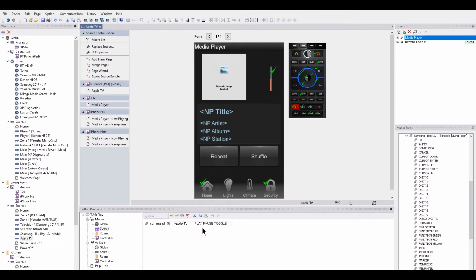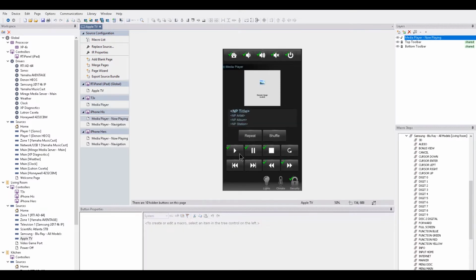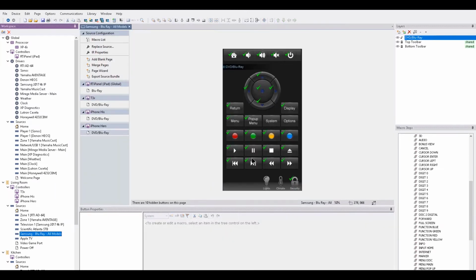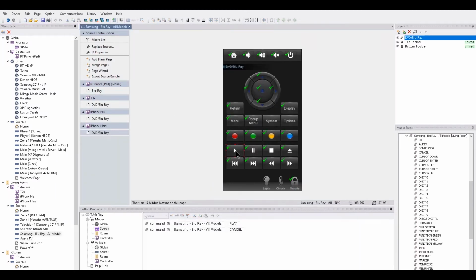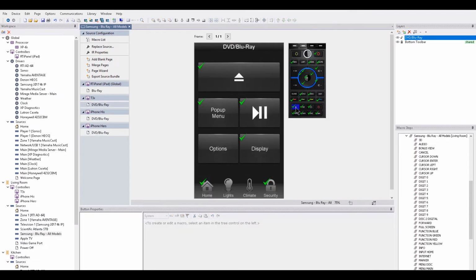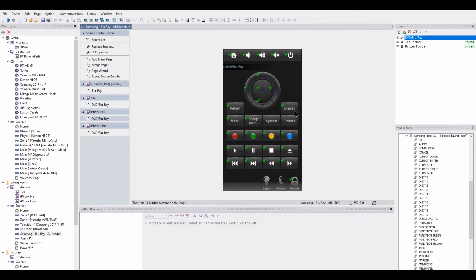No matter what device you select, even the iPhones will have the source macro with the Apple TV command. But the problem is that there's 4 of them. There's 4 play commands, right? Even our DVD Blu-ray player has 4 different play commands. There's one here, there's one on the T3X, there's one on the Blu-ray, and there's one on the iPhone his